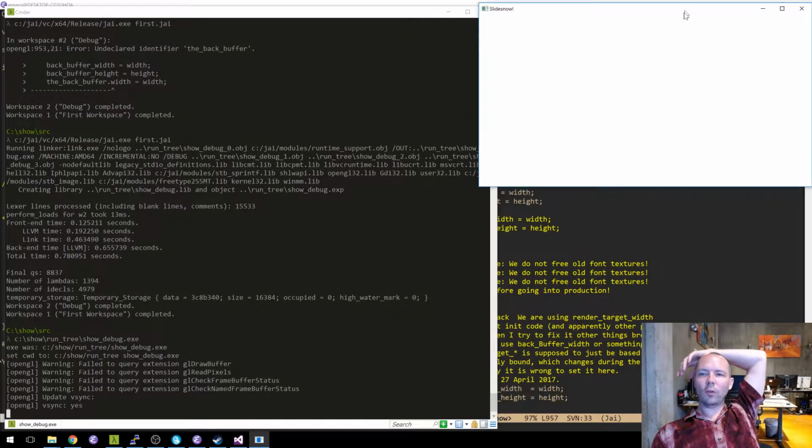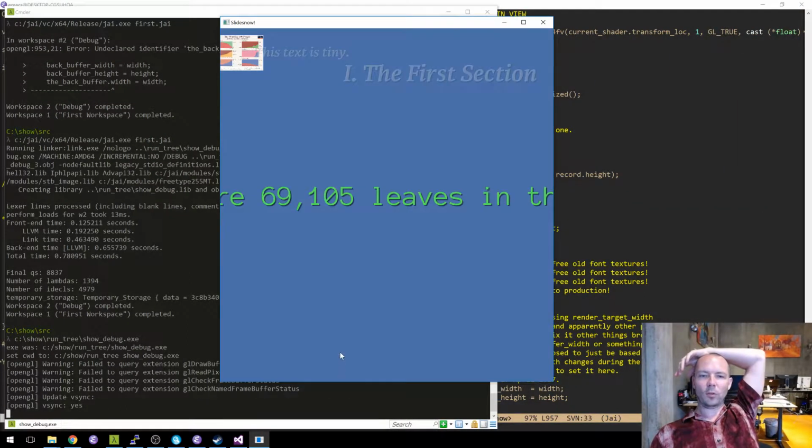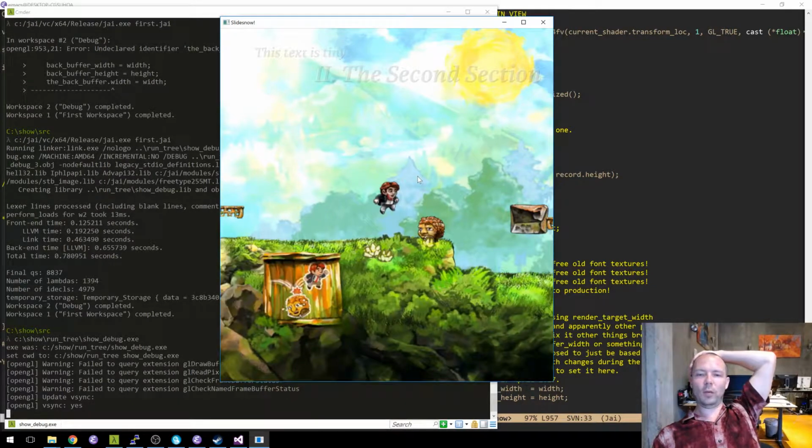Now, where things are going to get funny is if I start doing weird aspect ratios, right? Because we're scaling things by the back buffer height, which is now no longer an aspect ratio that we expected. So things are going to be weird now.